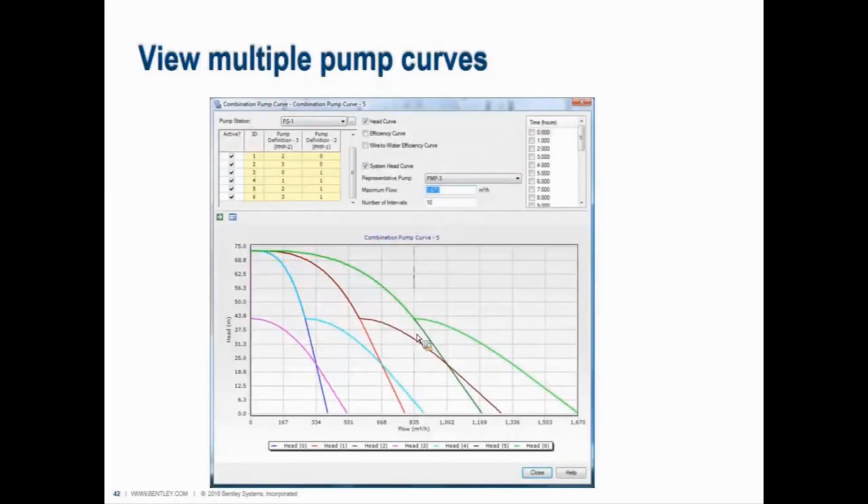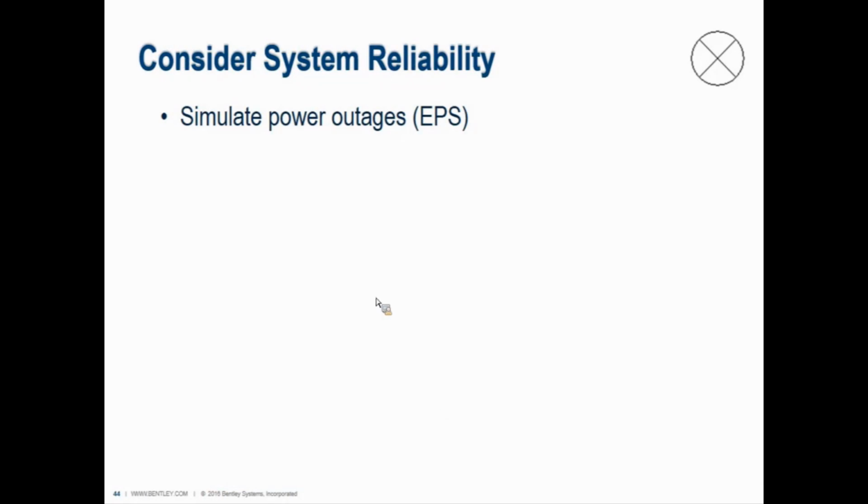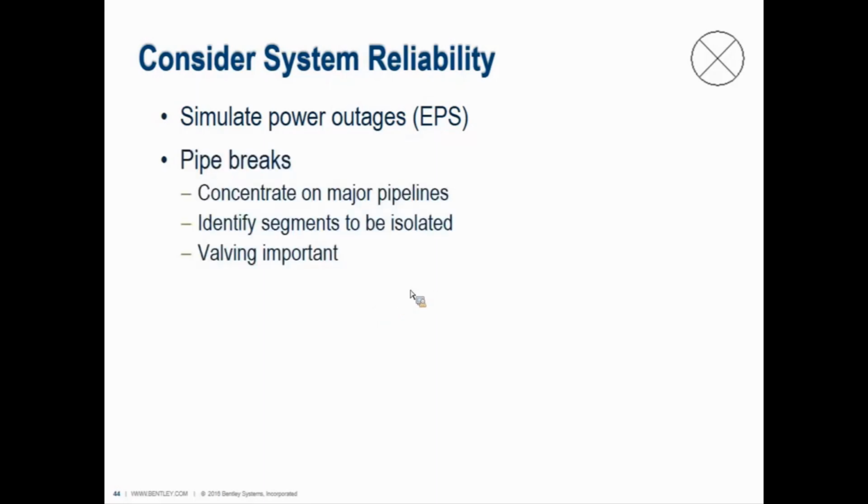You can view multiple pump curves, a lot of things. You would do all of this by right-clicking on a pump and selecting view pump curve, so pretty quick to do that. Consider reliability. You can do this with your WaterCAD or WaterGEMS model to extend the functionality of your water systems model. You can look at if there's going to be pipe breaks, look at valving,